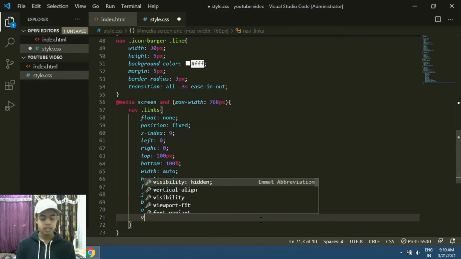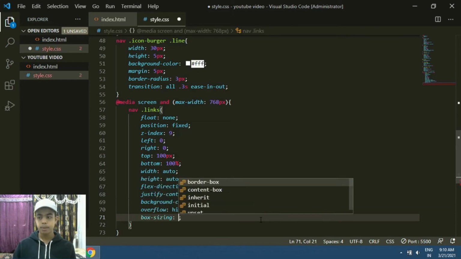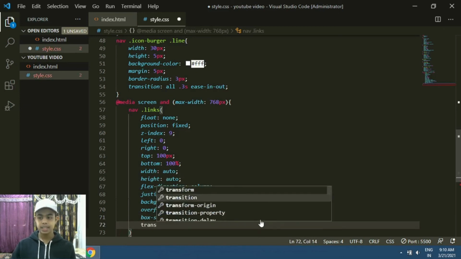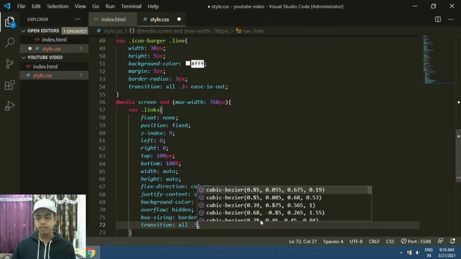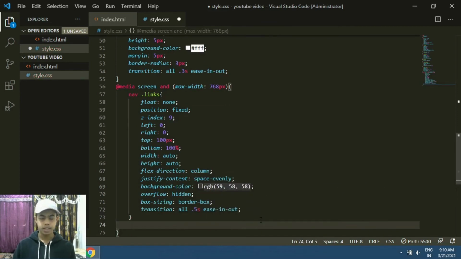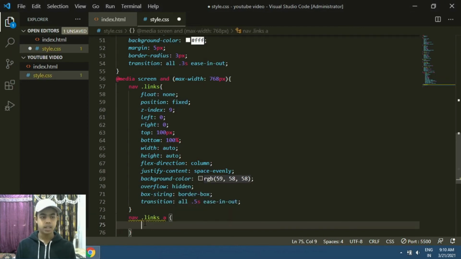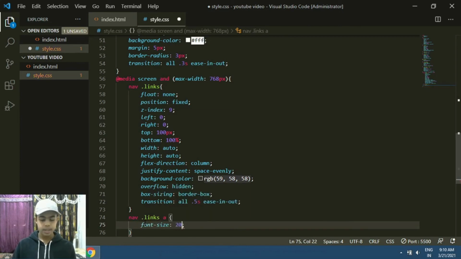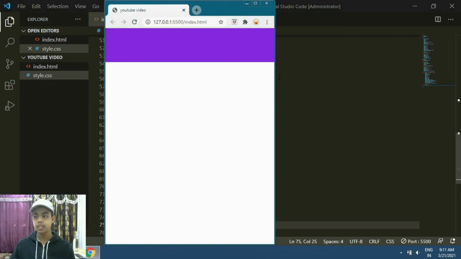Perfect. And the box sizing will be border box. Perfect. And I'll be giving it some transition that will be all 0.5 seconds ease in and out. That's perfect. After that I'll be going with nav.links and then a tag, curly braces, enter. I'll be giving a font size that will be 20 pixel. Okay, let's save it. Let's come back to our Google Chrome file, and as you can see up here, our